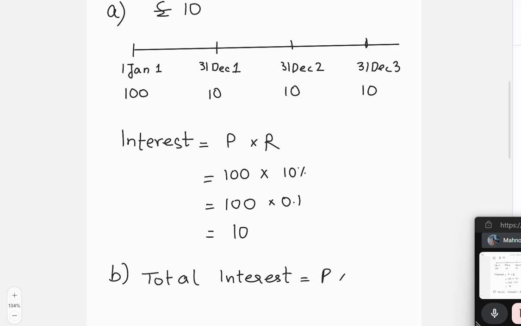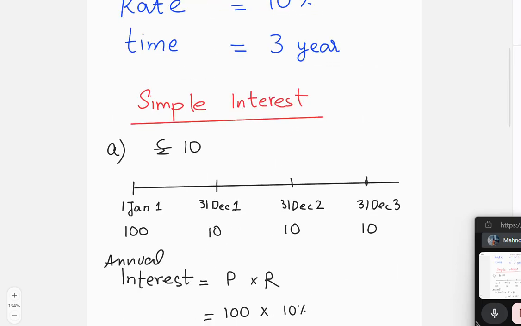is P, principal, rate, and time. And annual interest is just P times rate. Total interest, whereas, is principal, rate, and time. The principal is 100, the rate is 0.1, which is the 10%. I've just changed it into a decimal. And then the time, the investment is for 3 years. So,